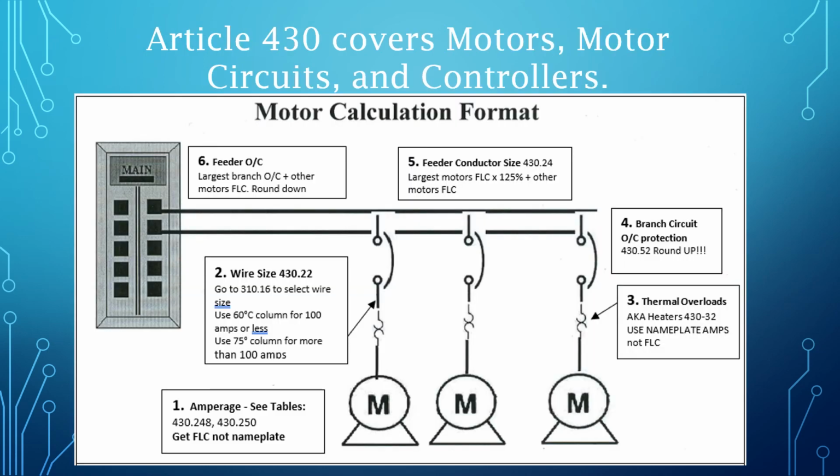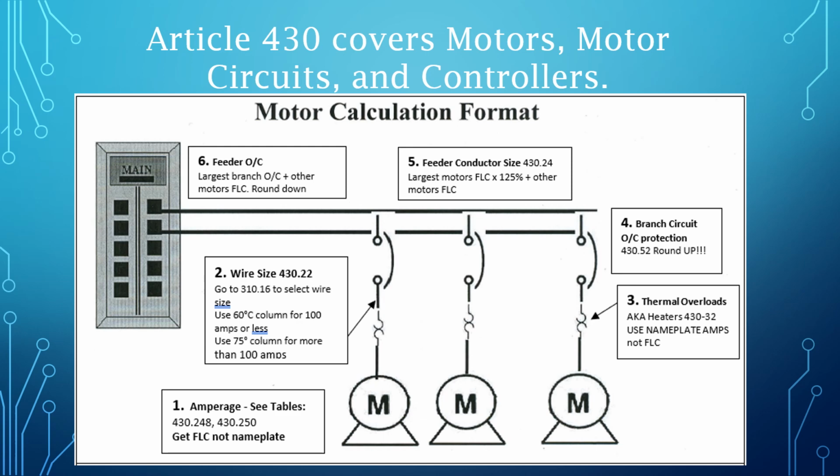As I mentioned a moment ago, Article 430 covers motors, motor circuits, and motor controllers. If we're looking at doing the calculations for what size of everything that we need, right? We have to start at the end. We have to know what all motors are going to be on this circuit. And once we know what all motors we need, we're able to start going through this